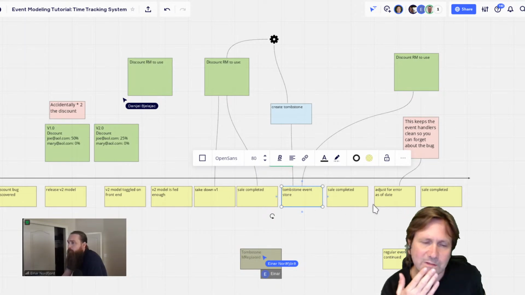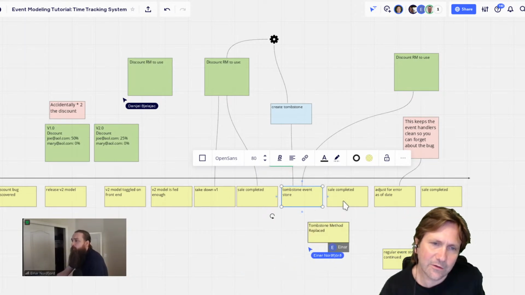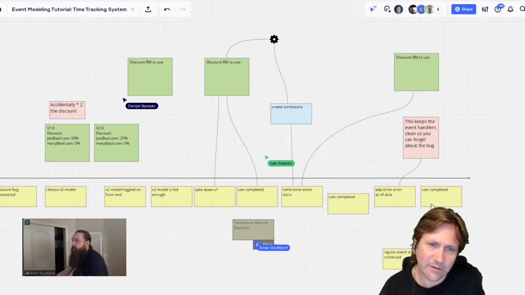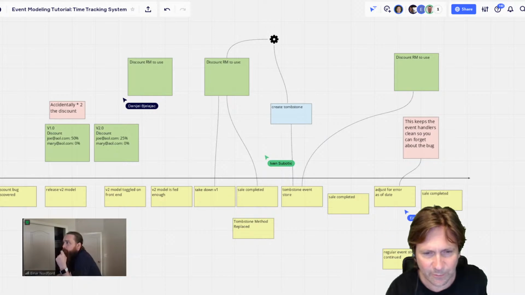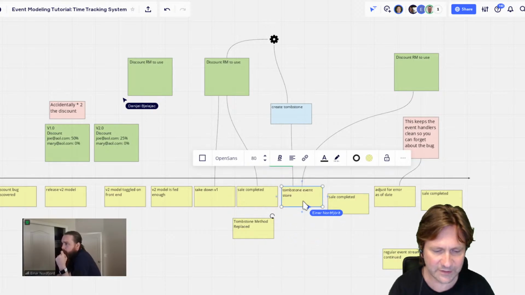I think there's an interesting thing because the thing that's really tough to get around is that these sales completed items are peppering you, like they're happening at the same time as you're trying to do all this orchestration. So you almost need to forward store some sort of a decision that the tombstone, maybe the tombstone events have an as of